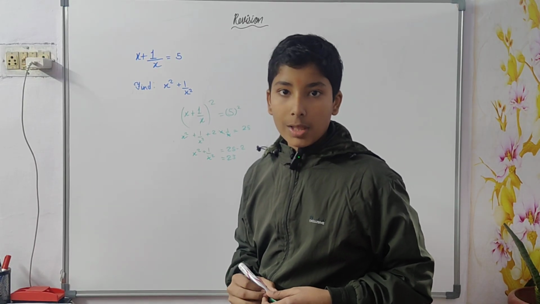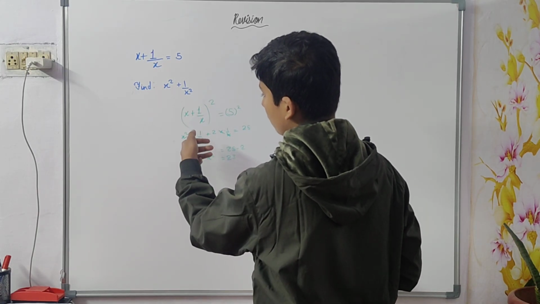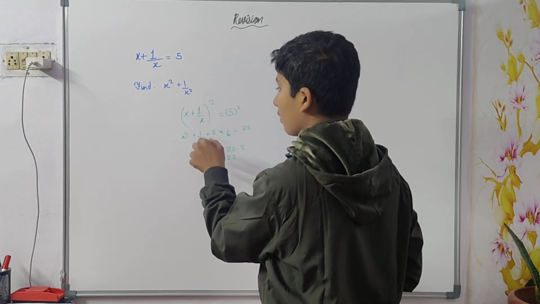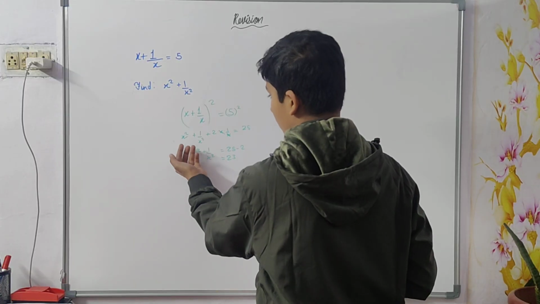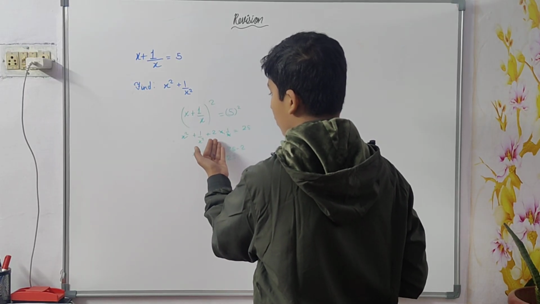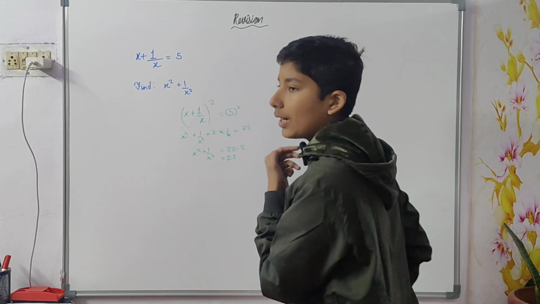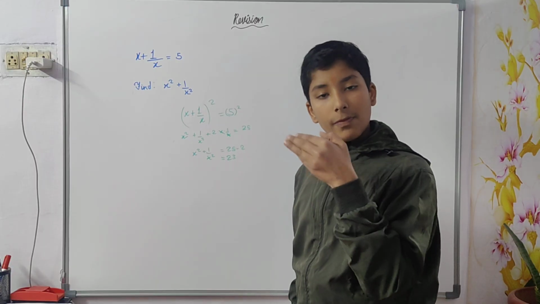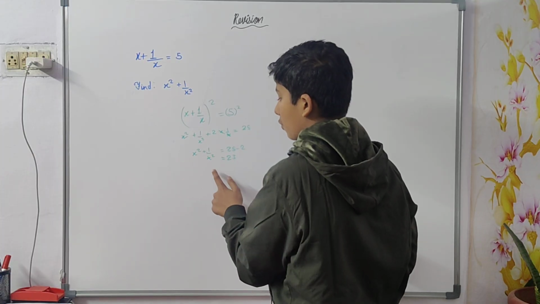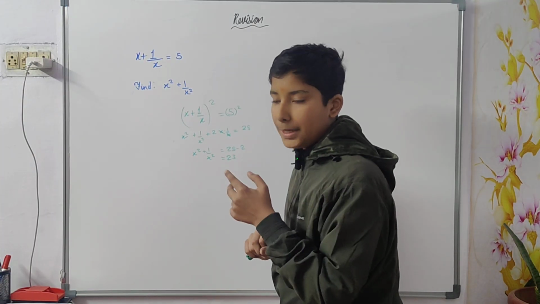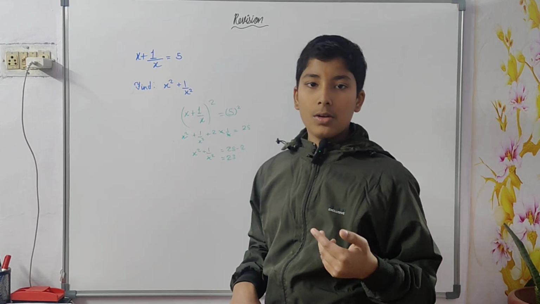So now I am going to explain it to you. I have written it. See, if you see over here, x plus 1 by x equal to 5. x plus 1 by x whole square will also be equal to 5 square. So x square plus 1 by x square plus 2 into x into 1 by x will be equal to 25. As we know, 25 is 5 square. So in x plus 1 by x whole square, there was plus 2. It will go there and become minus 2. So 25 minus 2, it is 23.